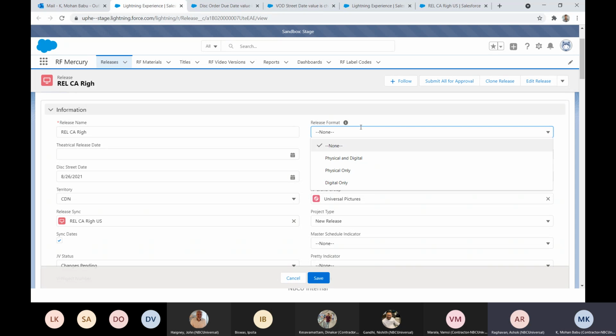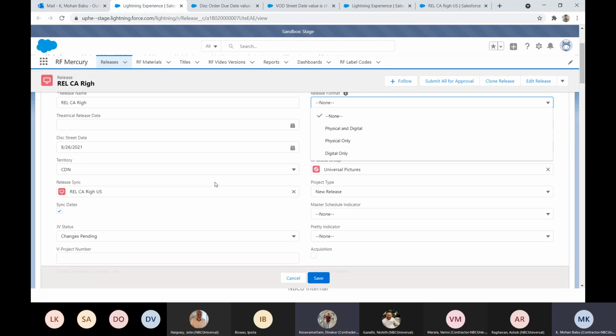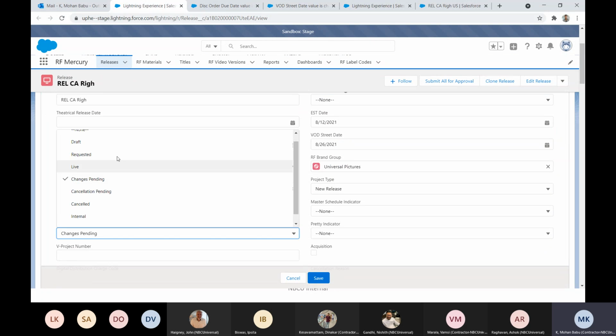Okay. So if the status changes to internal, that means none of the changes on the release will create a task. Yes. Then I'll come to that point on the next slide. Whenever the status is draft and you modify any of the fields, the change task won't get created.